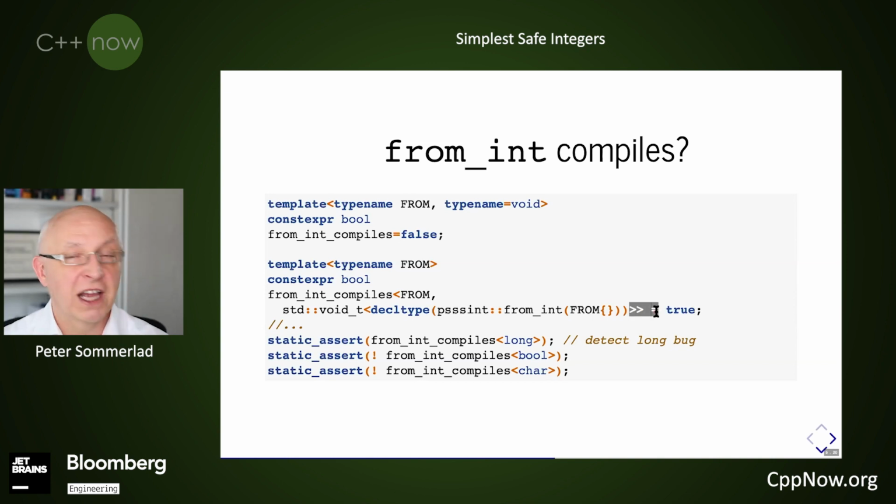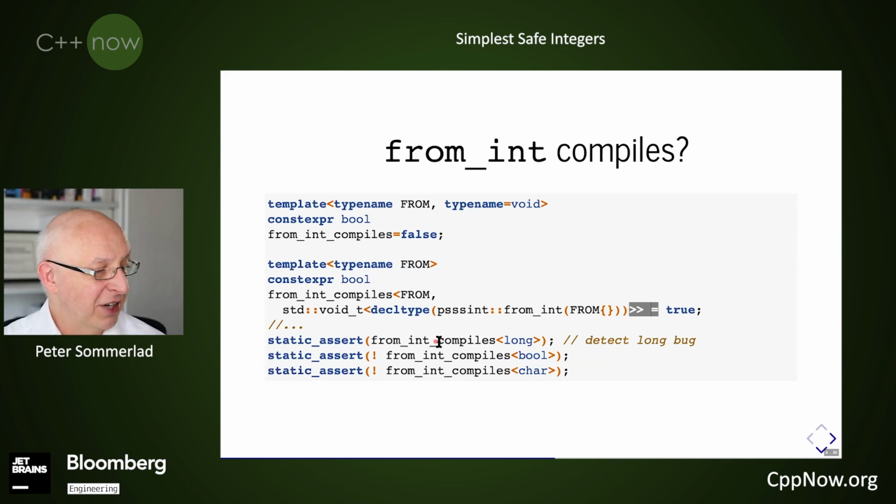Just a little gotcha. If you forget the blank here, you get very interesting parser results because of the max munch parse of C++. So even though we can now place two angle brackets next to each other, you will not be able to place the equal sign for a trait that you define next to the angle brackets, because that will actually be parsed as either greater or equals or as a right shift here. Interesting compiler error messages if you forget that.